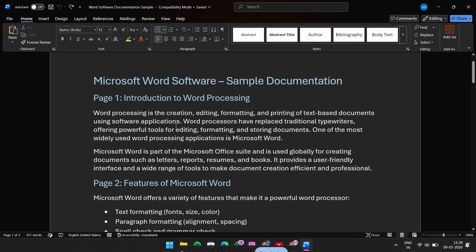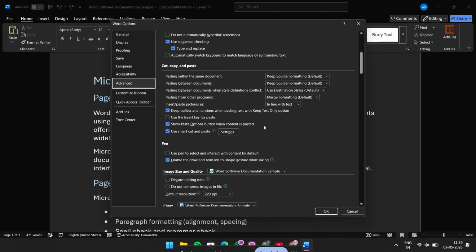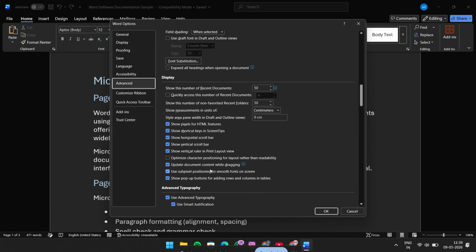If you're using HTML snippets, web-style formatting, or content that needs more accurate positioning, this setting can make your workflow a lot easier. And just to recap, the steps are simple. Open Word, go to File, open Options, select Advanced, scroll to Display, check Show Pixels for HTML Features, and click